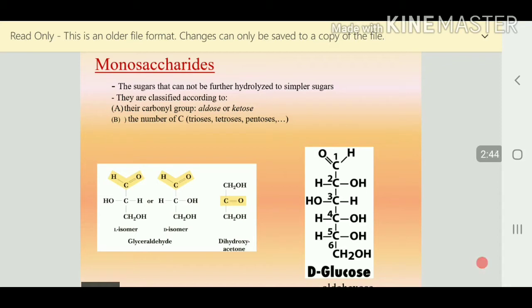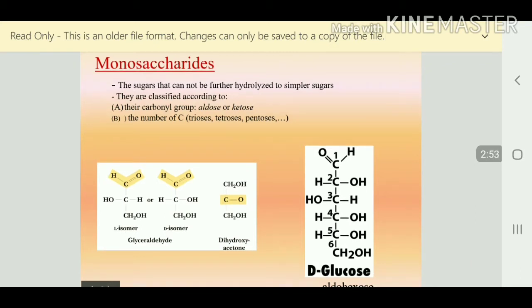Notice the difference in the aldehyde and ketone groups of glyceraldehyde and dihydroxyacetone. In glyceraldehyde, 2 hydroxyl groups are present. Similarly, in dihydroxyacetone also 2 hydroxyl groups are present along with the carbonyl carbon atom. Here the structure of glucose is also shown, which is a hexose containing 6 carbons. Carbon number 1 is the carbonyl carbon, and then there are 5 other carbons, with 5 different hydroxyl groups.